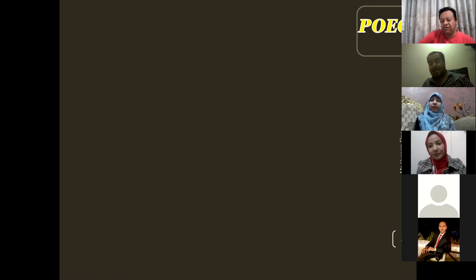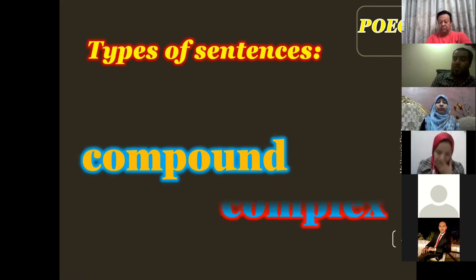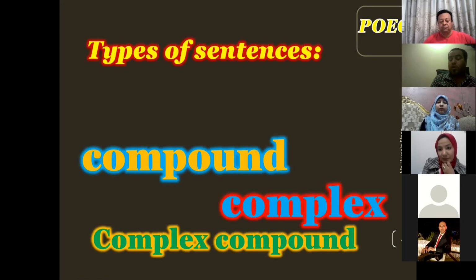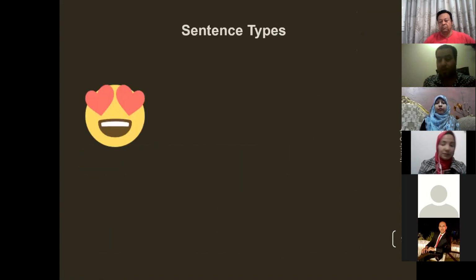MashaAllah, so that's a kind of category of the different sentences that we're talking about. And today we're covering the other part, which was mentioned by our dear sister Wala: the compound sentence and the simple one, the complex and the complex compound. So we have four different types that we're covering today, and we're not talking about whether the sentence is a question, an exclamatory sentence, or a declarative one. We're covering the declarative ones here today.